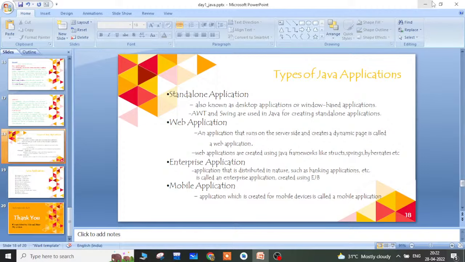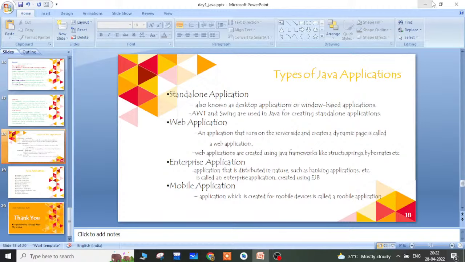If you want to run the same application on any other machine, again we have to set it up on that machine also, and then only you can see the version on that particular machine. Such types of applications in Java are said to be standalone applications. We cannot run those applications from anywhere; we can run them from that system only.